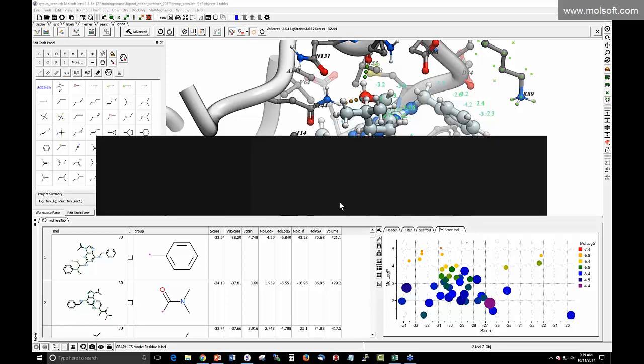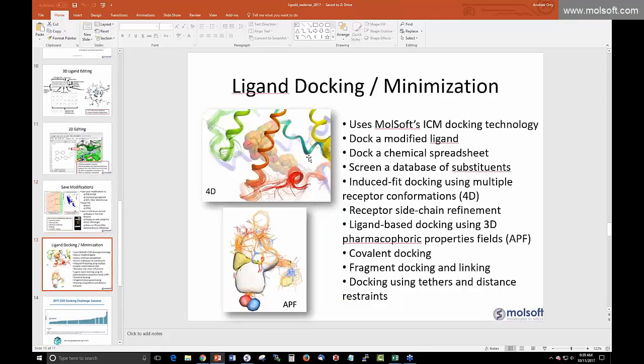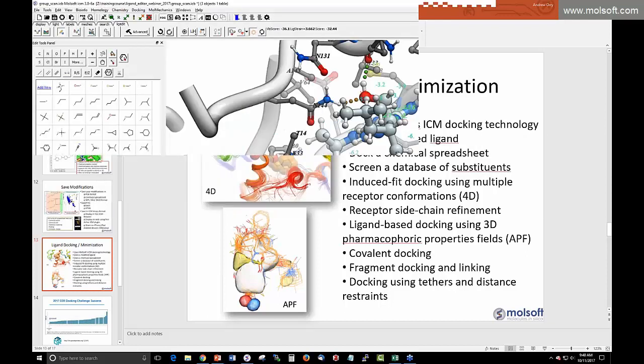So now we're moving on to the docking side of things. Built into ICM, into the ligand editor, you can dock the modified ligand. You can dock, as I mentioned, from a chemical spreadsheet or table, because when you read in the SDF file, it becomes a table. You can dock to multiple conformations of the receptor. You can refine the side chains in certain situations, and you can also do ligand-based docking, which I'll show next week using atomic property fields, covalent docking, fragment docking, and docking using tethers and distance restraints. So we will do that here,